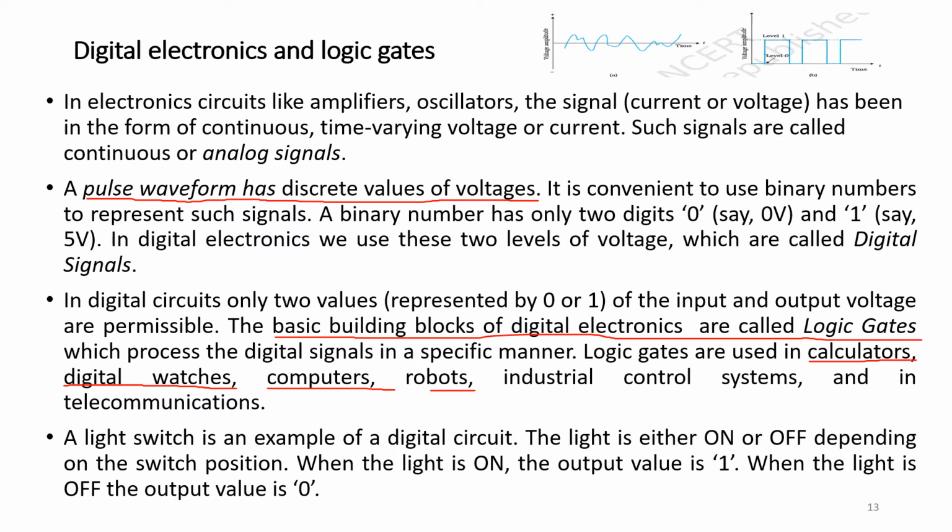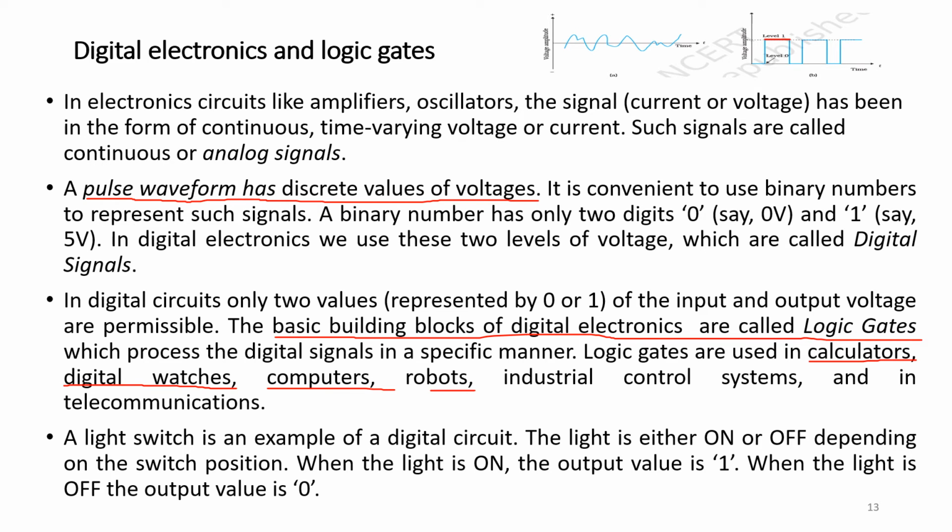This is an analog signal. Here, the amplitude of the signal is varying with respect to time. Whereas in a digital signal, this is the example of a digital signal where output appears as pulses. So pulses have a level 0 here at the top and level 0 at the bottom. When we refer to this level, it is 1, and when we refer to this level, it is 0. And this level is 1.